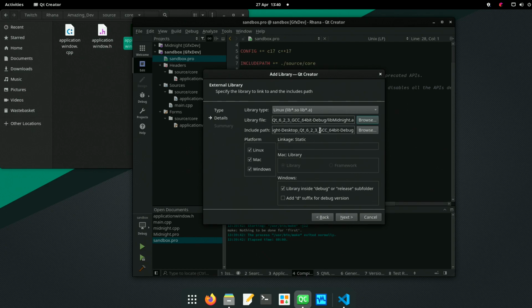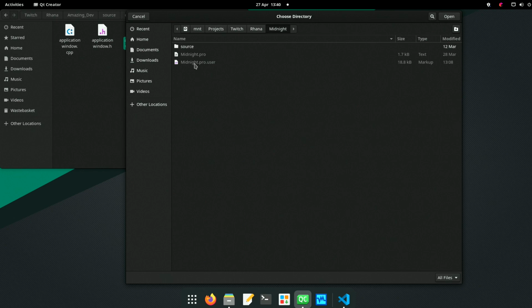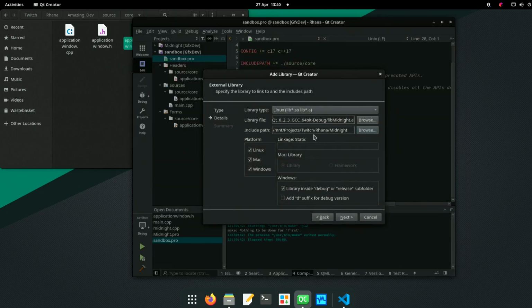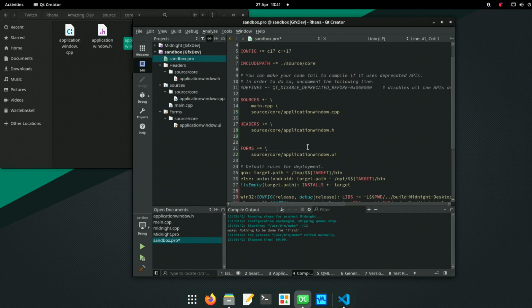Browse. Back one. Midnight. And we're having to put source in, so we'll just do there. Linkage. Static, yeah. I'll put in that one as well.